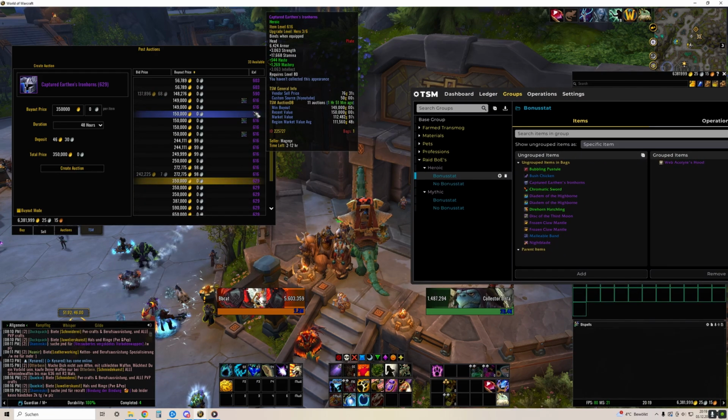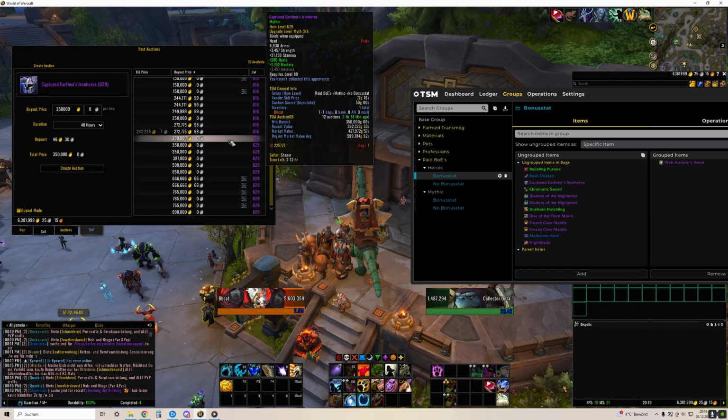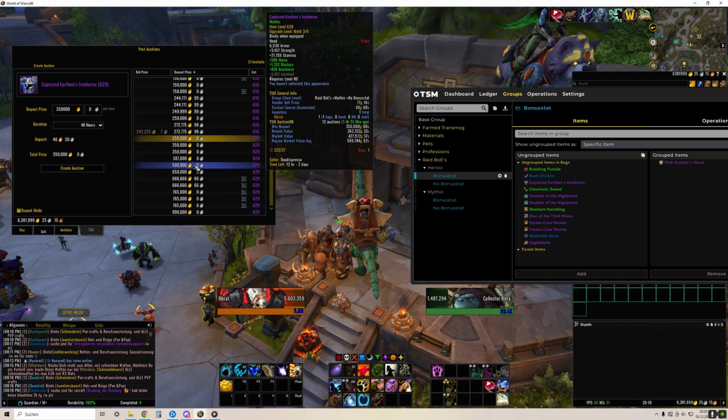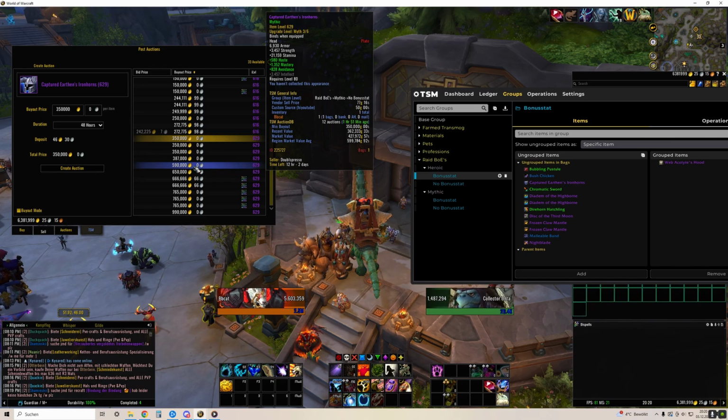Let's say you have the mythic BoEs without any bonus stats. So they are listed for 350,000 gold. But let's say it has a socket on it, and then they are listed for above 600,000 gold. And trust me, they get sold because they have a socket. They get sold for that price if there is a socket on it. But you also likely have here a BoE with avoidance, and it gets posted for